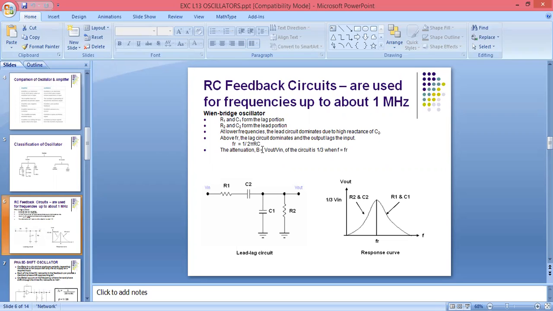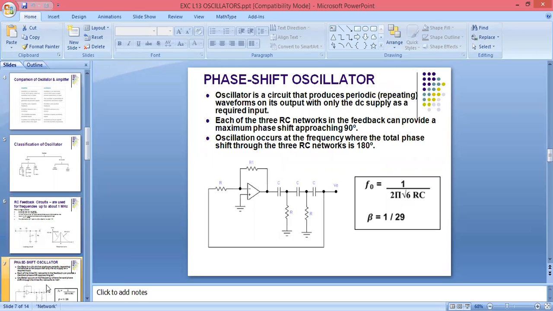These are the concepts related to the RC feedback network. But in our syllabus, we have to see the RC feedback circuit with MOSFET. This is again a concept about the RC phase shift oscillator. What I have said is that if we are using the amplifier, as the name RC phase shift suggests, there will be a 180-degree phase shift given by this amplifier.